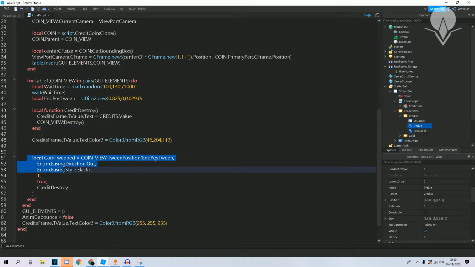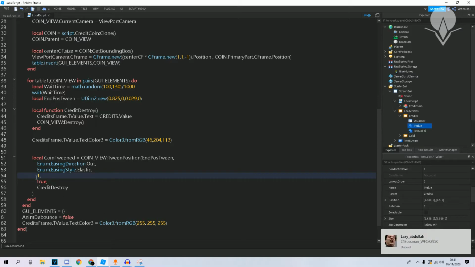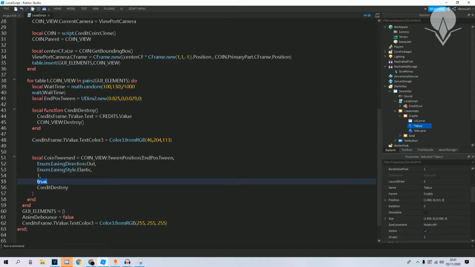Now we're just tweening the position, and we're just giving it an argument that the goal of it is to go to the position that we specified, end position tween, and we need to give it direction. Now because it's going out, we set the easing direction to out. Now the easing style is the way the tween animation is. Now I've done elastic because it has a particularly nice tweening for what we're doing. And this time, I've just set it to 1, if you want to set it to longer you can always do so. If we then set this to reverse,